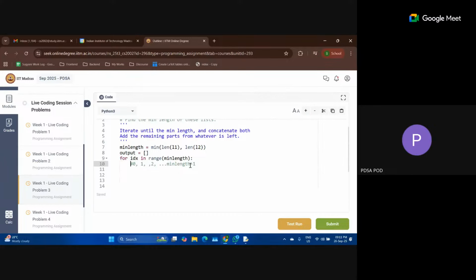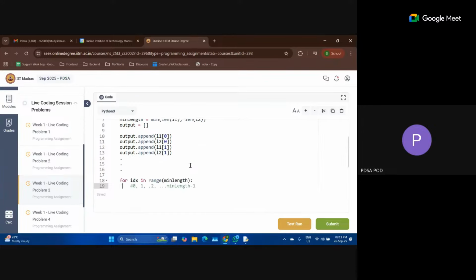So we are going to do output.append(L1[0]), followed by output.append(L2[0]), then L1 of 1, L2 of 1. This is what we are doing, right?